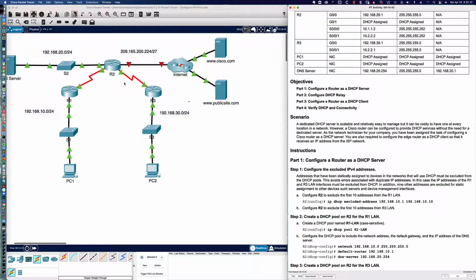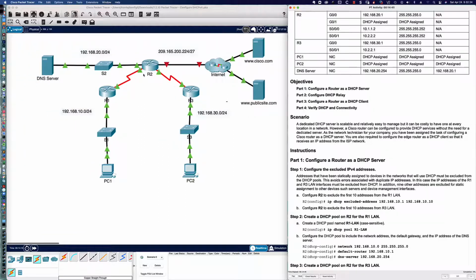However, look at what we have here. We've got multiple routers, meaning that a DHCP client, PC1, on the 192.168.10, when it sends out its DHCP discover, it is only going to be heard by other devices on that same subnet at layer 3. And at layer 2, remember that in that DHCP discover frame, the source MAC will be PC1's MAC address. However, the destination MAC is all Fs, as in Foxtrot. So that DHCP discover is going to get stopped